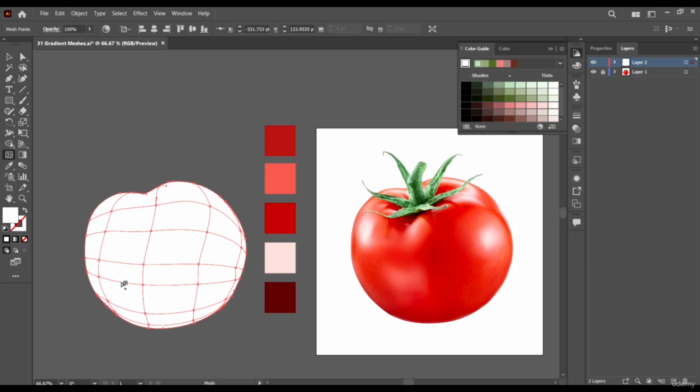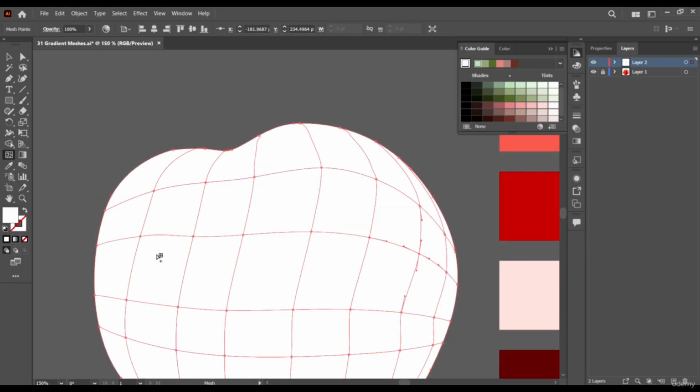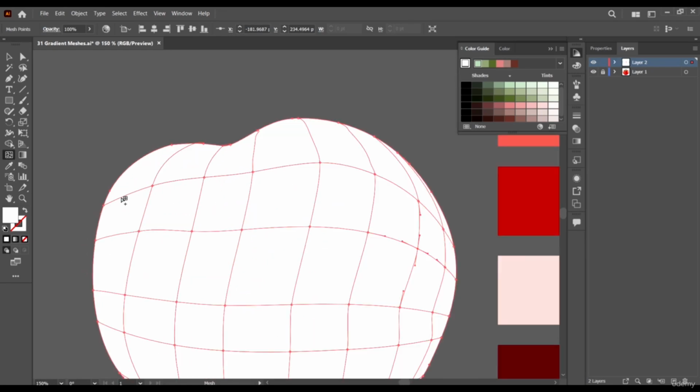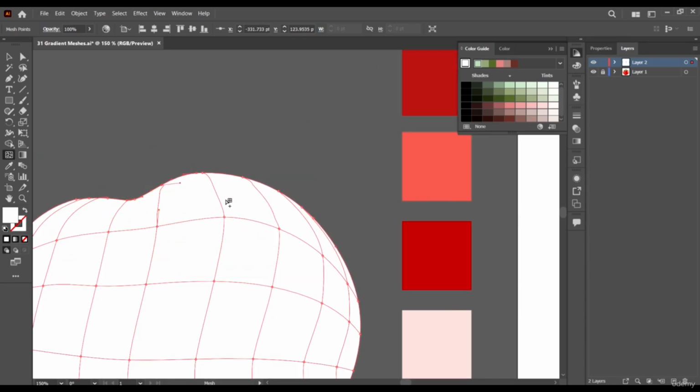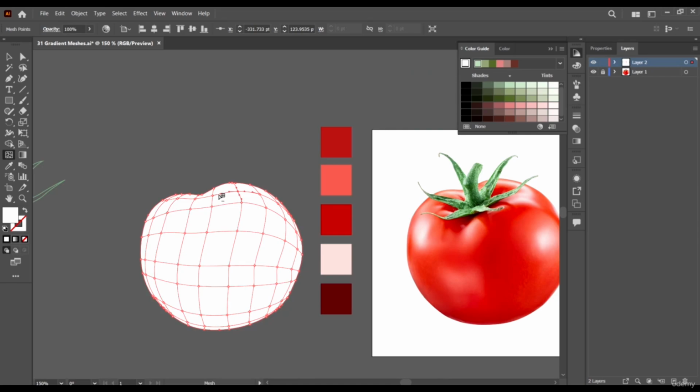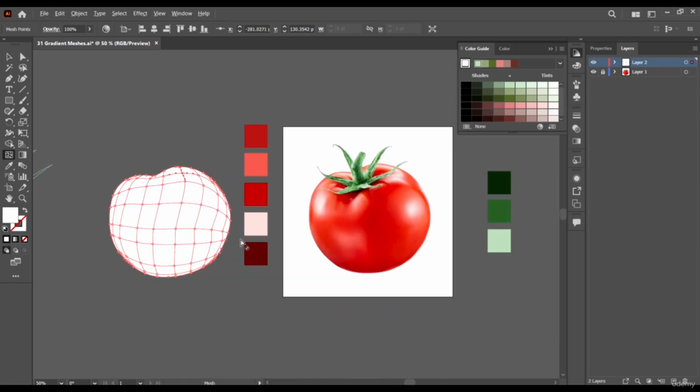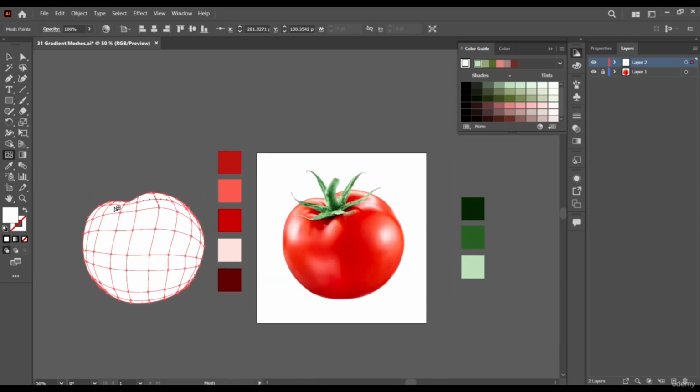So we can create one here, maybe one here and one here, and in places where there are more color variations, you might want to have more divisions. Just for you to know. And with this, I think we are ready to start painting.